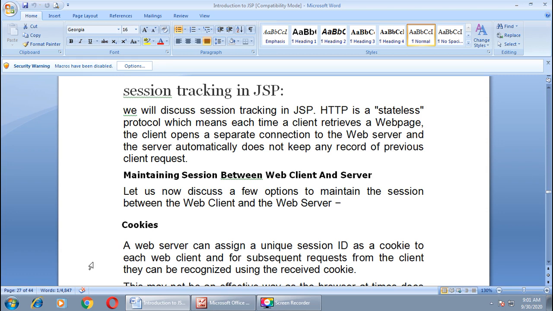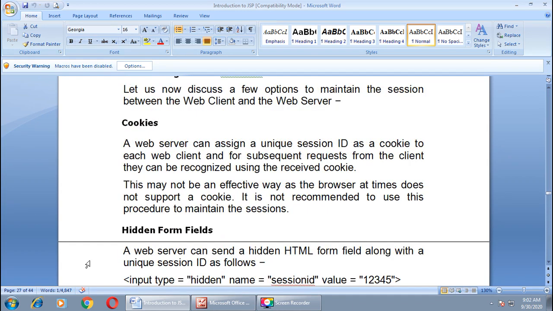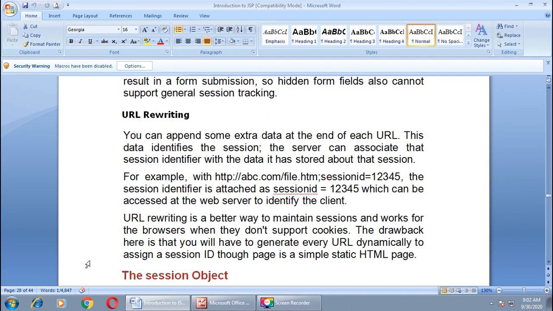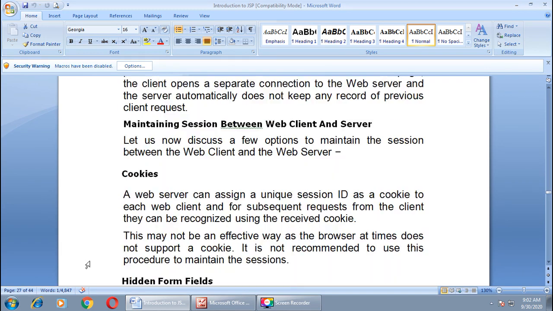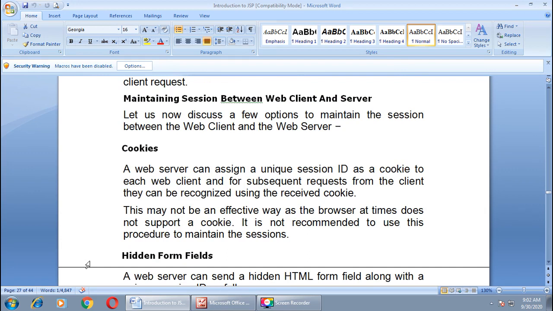How can we maintain the session between the web client and server? That is the question. In JSP there are 4 ways available to maintain the session between web client and server. They are cookies, hidden form field, URL rewriting, and session object. The cookie is a unique session ID which is assigned by a web server to the web client, and for subsequent requests from the client, they can be recognized using the received cookie.